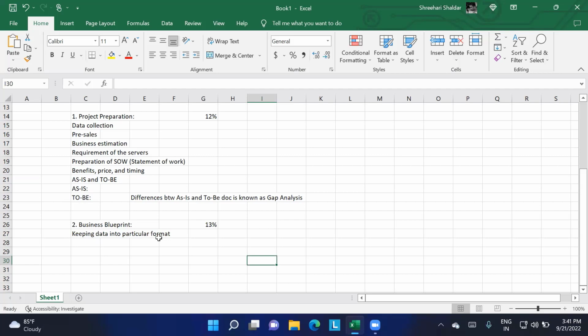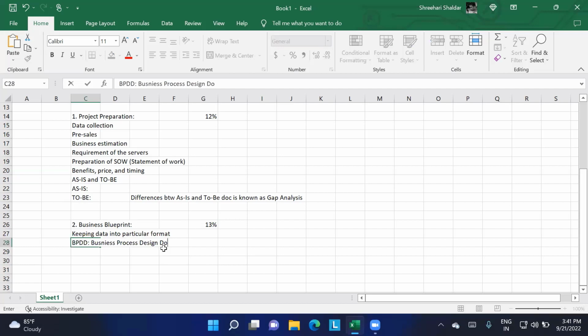Here we're going to build one more document called BPDD, that is nothing but business process design document. They're going to prepare the BPDD here.